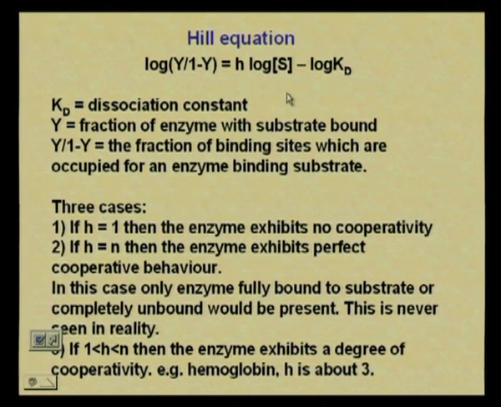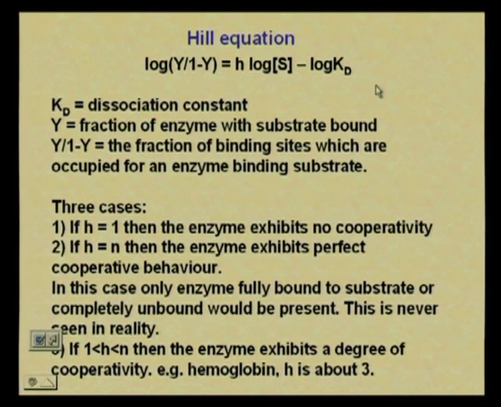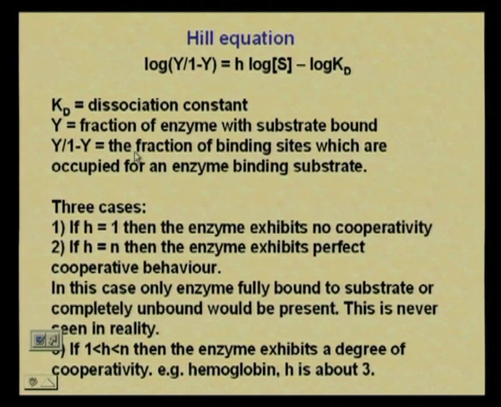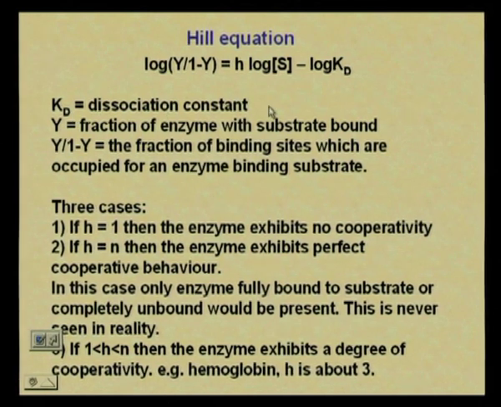Actually, you can work it out from the previous expression that we had for the Y. You can try and work that out. It is just the previous expression worked out and written in this fashion that has a specific name, called the Hill equation. In the expression, Y over 1 minus Y is the fraction of binding sites which are occupied. The Kd is the dissociation constant, and H is a factor that gives us some information about the type of binding. If this H is equal to 1,